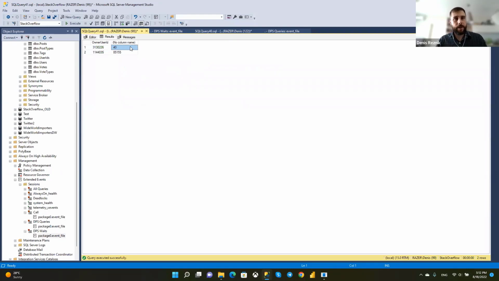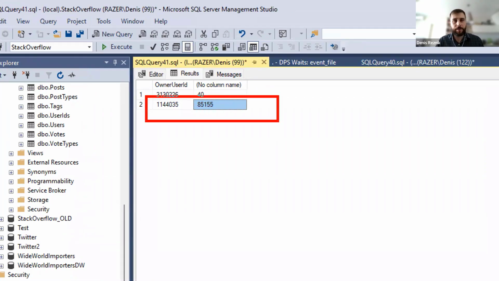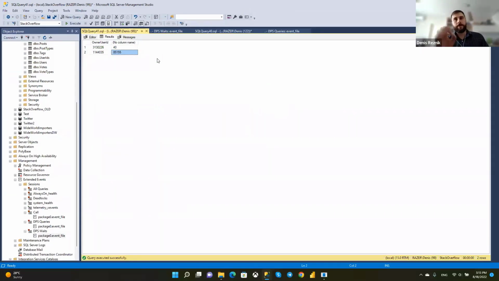Let's say I have only 40 questions and answers altogether, and the user with this ID has much more. So the query plan compiled for my parameter will expect that the user has only 40 rows, and the query plan will be compiled with this assumption.